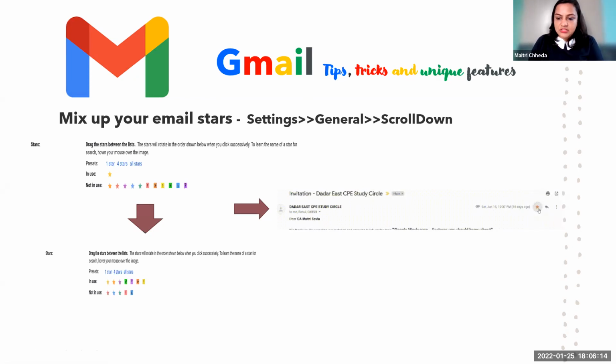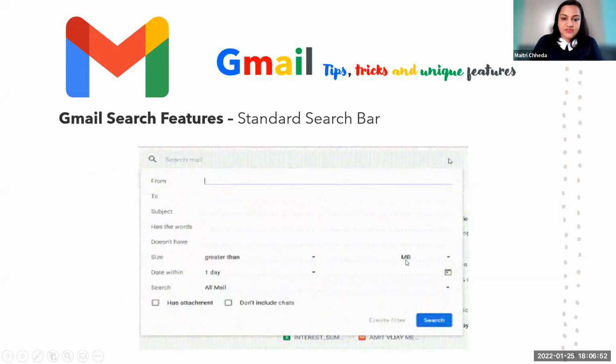Now you will ask me what's the use of these stars. What I could do is categorize my emails in a certain way, so that all the purple stars would be a specific client, or maybe specific GST emails, or a specific category of emails. So when you search, the search becomes easy. When you're searching for all the yellow starred emails, you will get a specific category. If you are searching all purple star emails, you will get specific emails. So the searching becomes easier, your organization becomes easier. So you have an inbuilt option of using these many. Okay, now next we come to search. Google is known for its search, right?